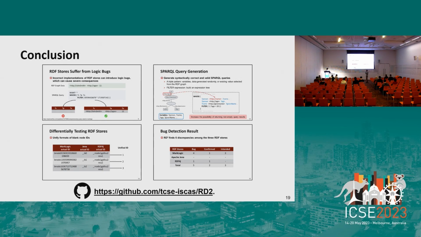I mean, the bugs that you find, I guess, are differences between the different RDF stores, right? So you run a query and you get some result. And if the result is different in this store than in that store, then you say, hey, that's a bug. So did you see any cases where the results are different, but it's not a bug? So a false positive.